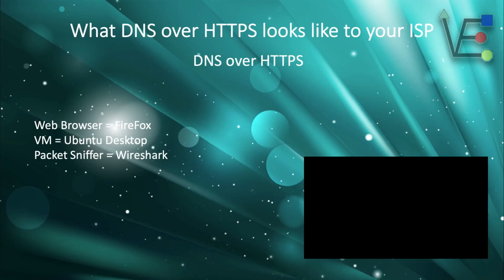DNS over HTTPS even fails heavily as a security tool because it doesn't mask or hide the files that are communicated between the server and the host system. So a hacker that was gathering information on your network can still gather what websites you're going to. They might be hindered from gathering other information like logins or passwords, but DNS doesn't carry that